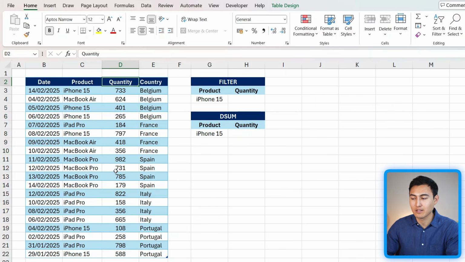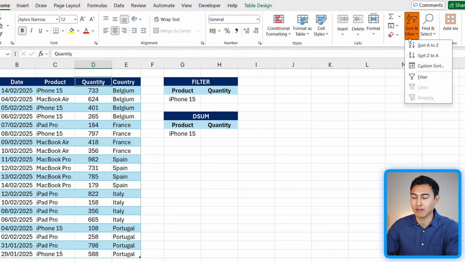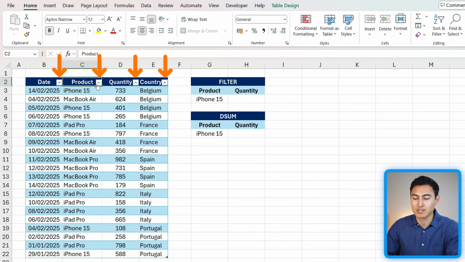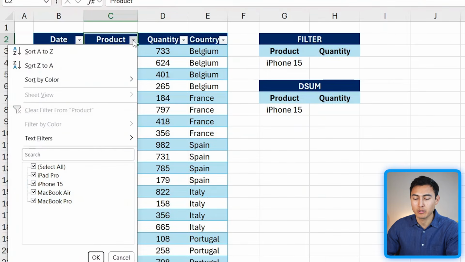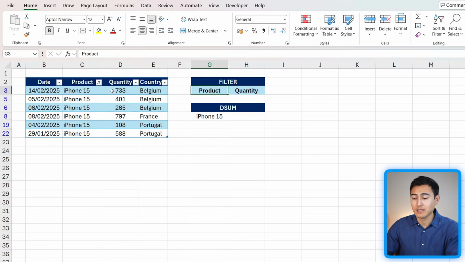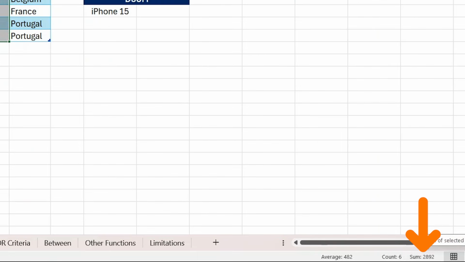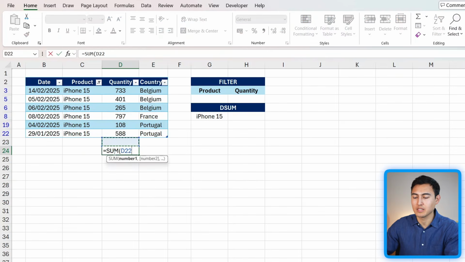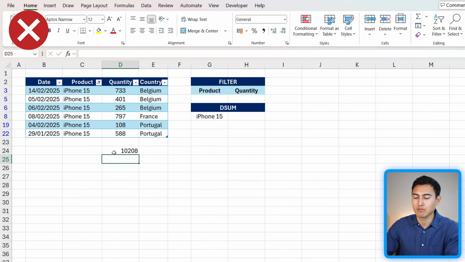For this, to use the filter tool, we could go over to sort and filter and click on the filter button. You'll notice this creates this drop down. We want to go under product, and more specifically, we're just going to select the iPhone 15, press OK. Once it's filtered, we could just select this whole area, and you'll notice down below that it has the sum of 2892. That said, if we were to use the sum function, you'll notice that it doesn't give us the same